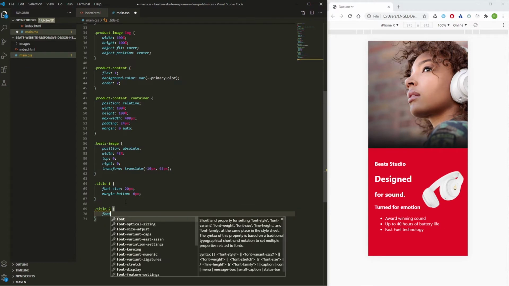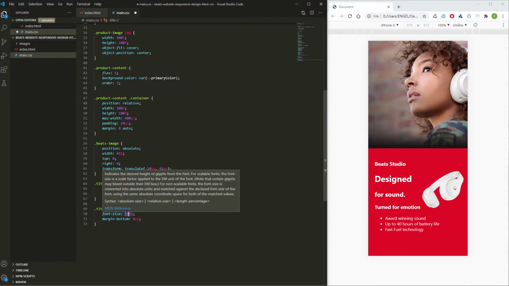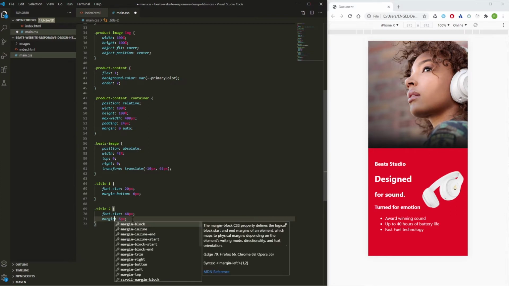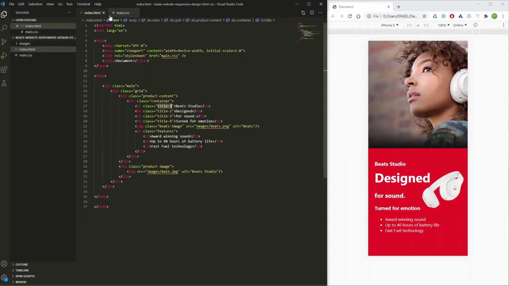And title 2, the font size is going to be that. Okay, let's just copy and paste this over here, and the font size is going to be 48 pixels, and in this case we are going to remove the margins for this part over here. So margin 0, okay,